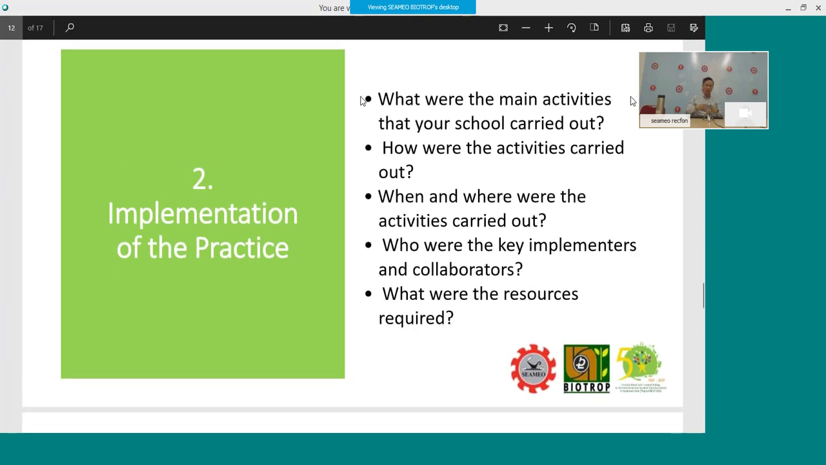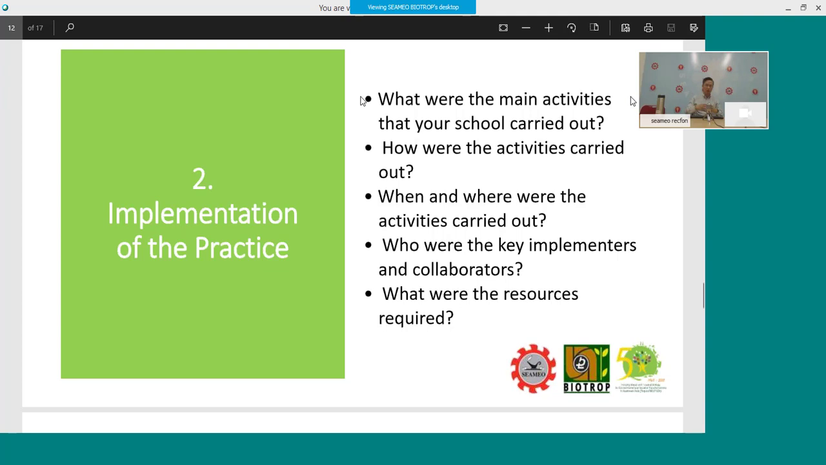of the report, and this is more on the implementation of the practice. So there are some questions that I would like you to ask yourself when you look into the implementation of your best practice, so you can write it down very well. So, one, what were the main activities that your school carried out? So what is the activity? What is the best practice that you carried out? How did you carry out these activities? When and where were these activities carried out, who were the key implementers and collaborators, and what were the resources